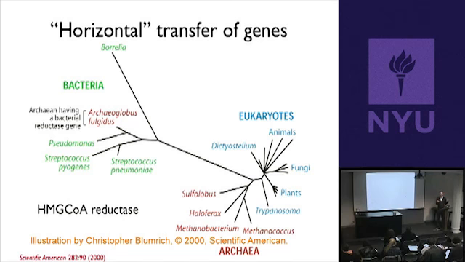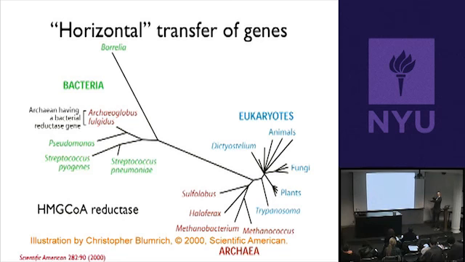And so in this case, what we infer from this picture is not that Archaea fulgidus is actually a bacterium. There's plenty of evidence that says it's not a bacterium, it's actually an Archaean. But what we infer is that its HMG-CoA reductase came in the recent past from a bacterium. Okay? We call this a horizontal transfer. If you think about parents having children, we usually represent that vertically. Parents having children, so that's vertical transmission. Horizontal transmission is not between parents and offspring, but between 2 individuals living at the same time. Okay?